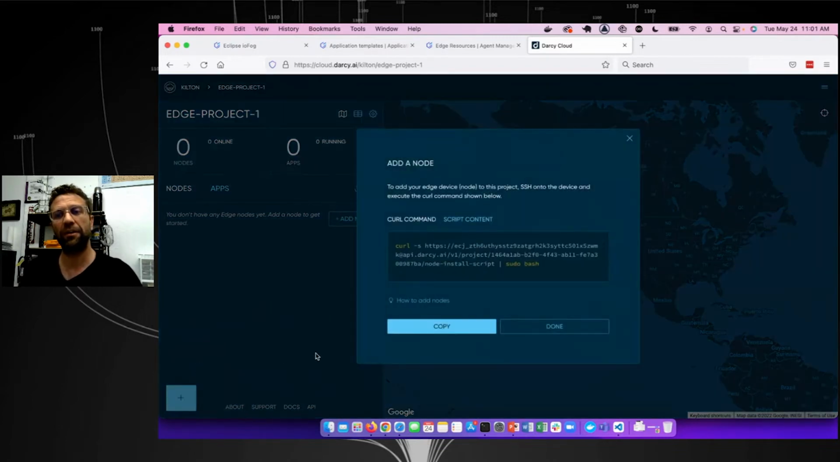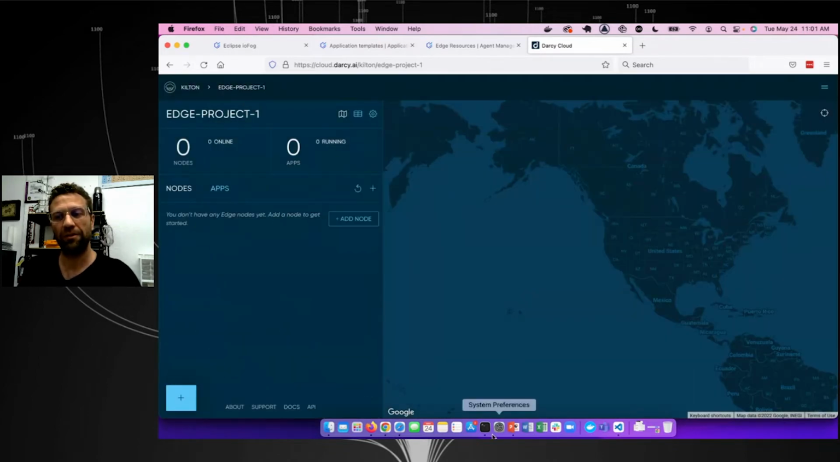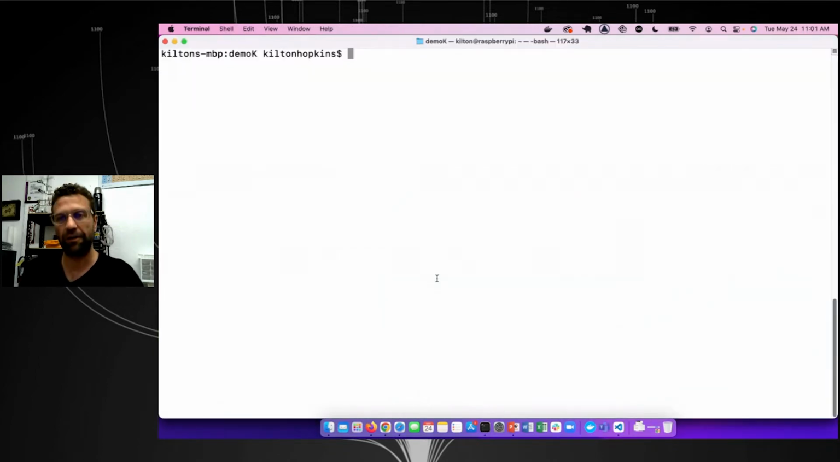Okay, let's go ahead and add a node. This comes up. I need to copy this script. What this is going to do is it's going to do that custom agent install that I mentioned, that you also can expand the raw ioFog agent install and do something similar. And if we want to run this in the background, all I need to do is be able to run that command against that board. And so in my case,